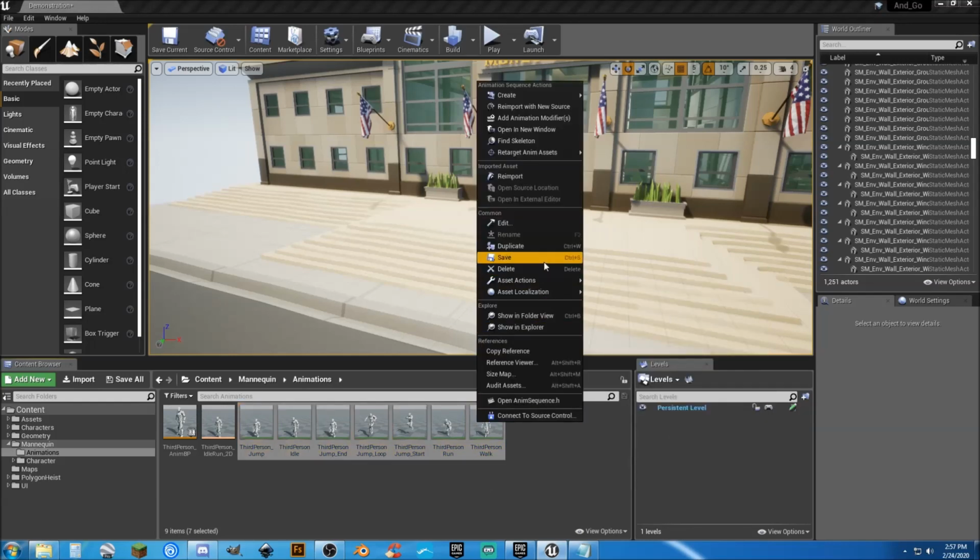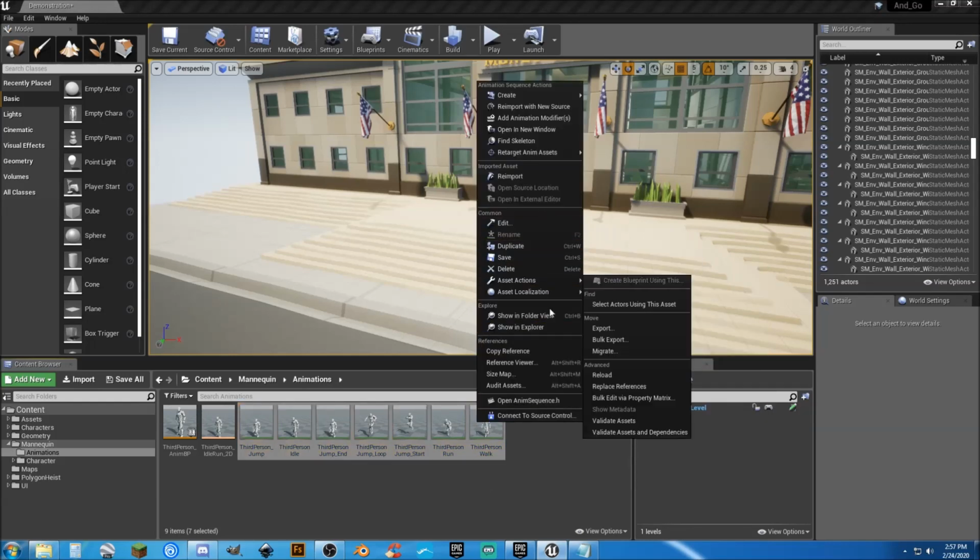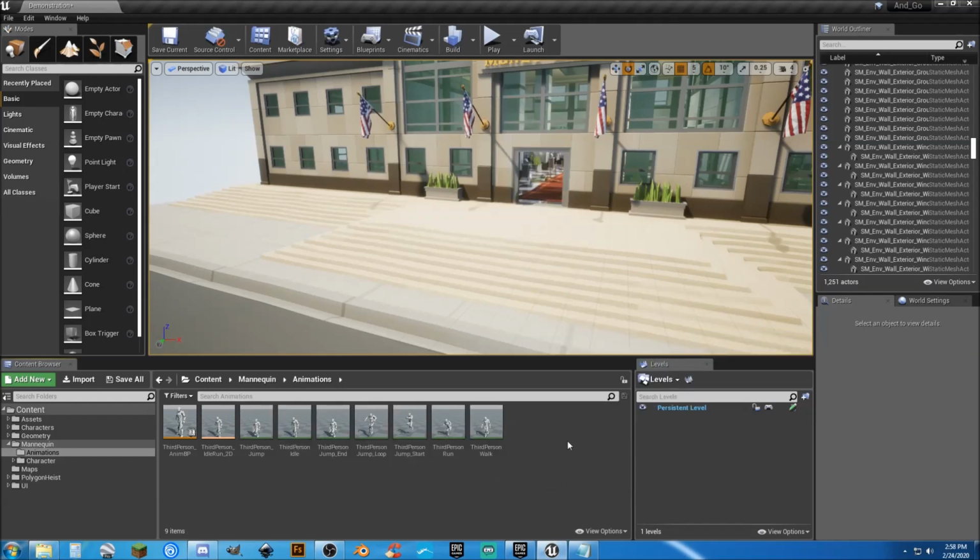Right click and go ahead and go to Asset Actions and Export. It's going to make a spot where you can find them and be able to easily retrieve them. And I've already done that, and it saves me a lot of time from having to add that to my project and then getting what I need out of it and then deleting the extra stuff. So what I've actually done is create those,